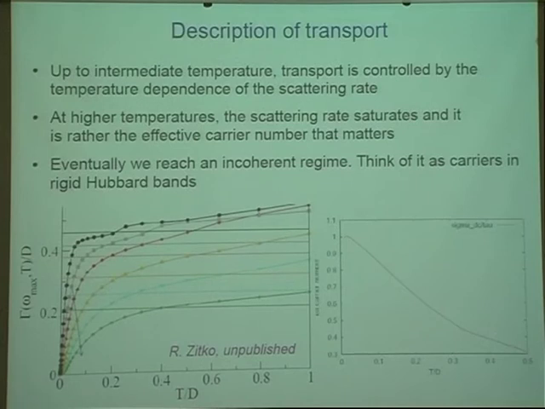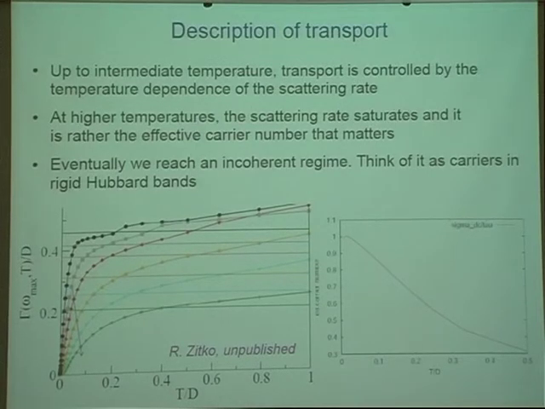Okay, so let me say a word on how we describe transport in these different regimes. The Fermi liquid regime is well understood, but in between these two regimes, I would like to understand how transport can be described. It turns out that in the resilient quasi-particle regime, you can describe transport still using a modified Drude formalism, but what basically drives the behavior of the conductivity is the temperature dependence of the scattering rate. It's mainly encoded there. And only as you reach the Mott-Ioffe-Regel limit, you completely lose quasi-particles. You have a completely incoherent system.